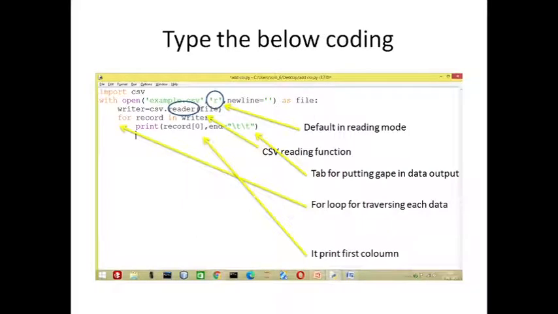So the same thing we will do, we'll open the file like this, and here you can see we will open it in the default reading mode. Up to the last session we learned W and A. Now this time we will open in the default reading mode, and instead of writing csv.writer, here we will write csv.reader. These two changes you have to make to extract all the data on the IDLE window itself.